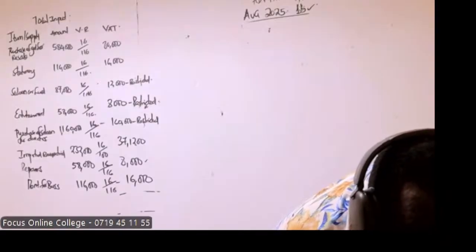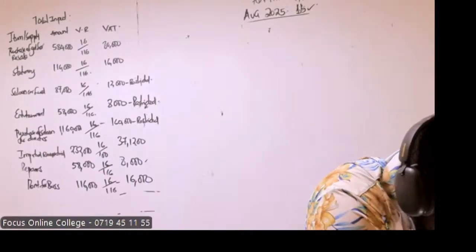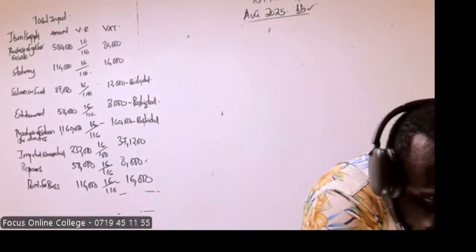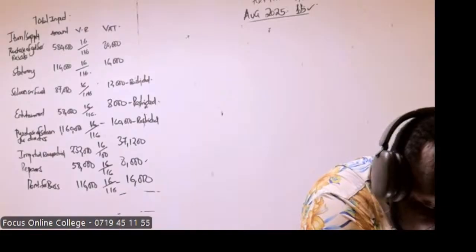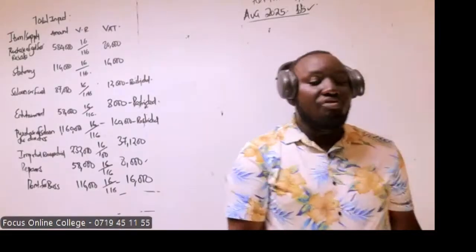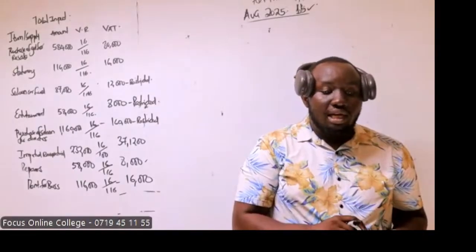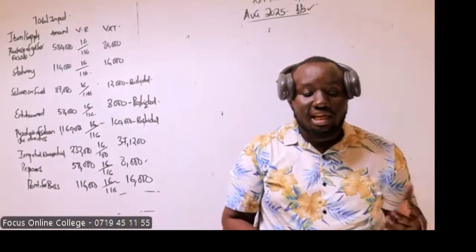I'm saying, Jacinta, if you look at that figure 232, the person who set it, that figure should be without VAT, because if you calculate the VAT, then what is the essence? What is the student going to do? I think it appears like the VAT is already there. But I'm saying